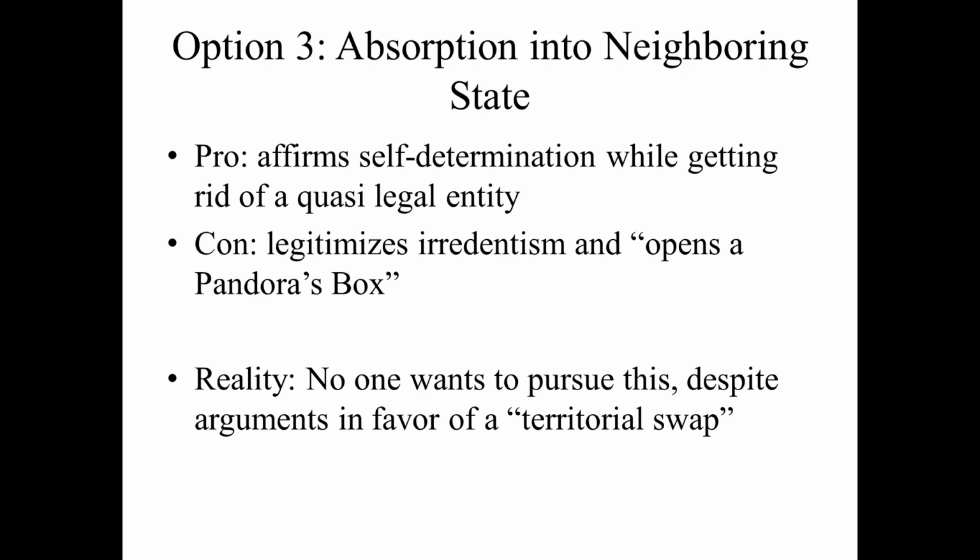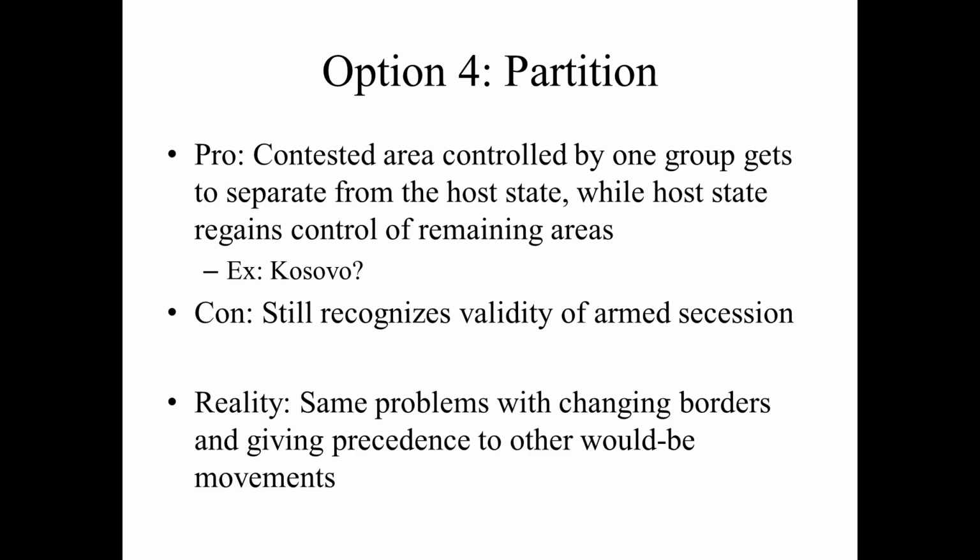Even if we talk about territorial swaps, where a part of Kosovo stays with Serbia, a part of Serbia goes into Kosovo, the rest of Kosovo goes, it's like, no. The minute we start redrawing boundaries, it's going to just create a chaotic mess. Because then, if national boundaries are sort of up for grabs, I guarantee you it's going to create more problems than it solves. So we acknowledge that this option is there, but we quickly shoot it down along with options 1 and 2. Okay, what about option 4?